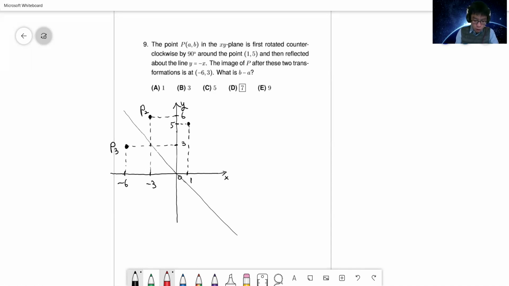So let's draw this right triangle. We call this 1,5 to be A. Now we rotate this triangle 90 degree clockwise. We will have the following triangle. And the corresponding point P is here. That's to be determined, PAB. So here we have the triangle. Let me call this B, PAB, P2AB,